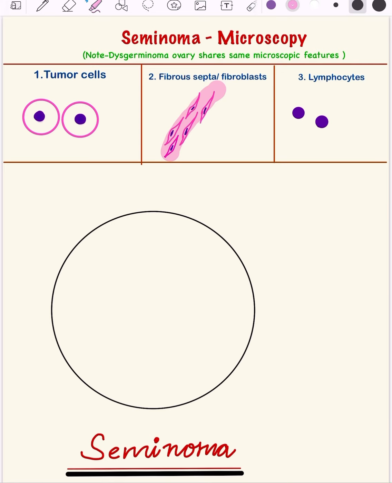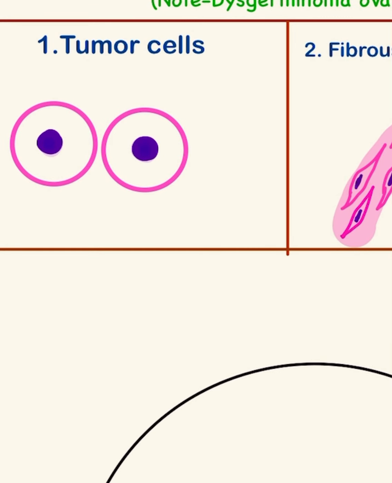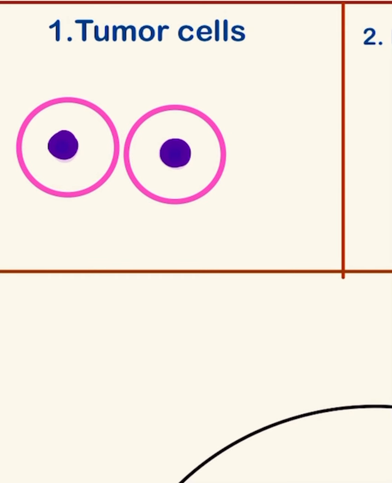of seminoma is: first, that there are the tumor cells. Tumor cells, they are polygonal and they are rounded in shape. They have a round nucleus, and in the nucleus the nucleoli are prominent. So 1 to 2 nucleoli can be seen in the nucleus, and also the cytoplasm is abundant and it is clear because of the presence of glycogen. So these are the cells which are rounded, large. They have a central nucleus with prominent 1 to 2 nucleoli, and they have abundant clear cytoplasm.